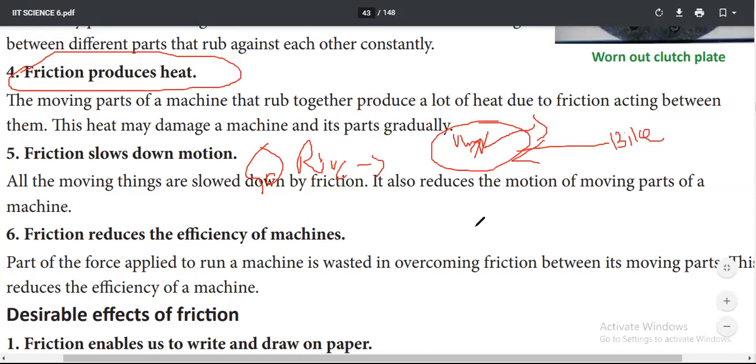Okay, and another example is when you are using a sewing machine. When it is moving continuously, it will also produce heat. And another example is our fan. When our fan is moving continuously, while touching it, we can feel that the fan produces heat. Okay,